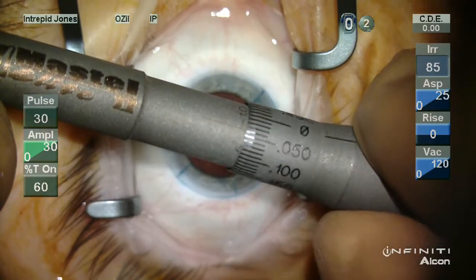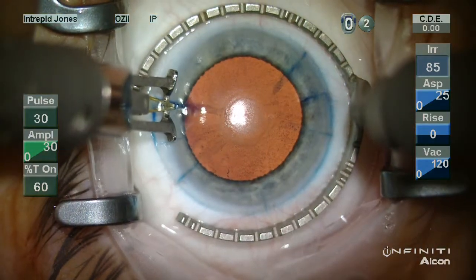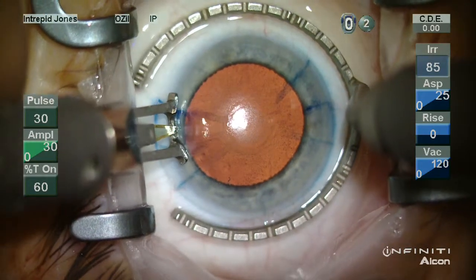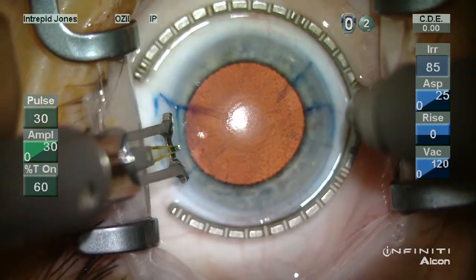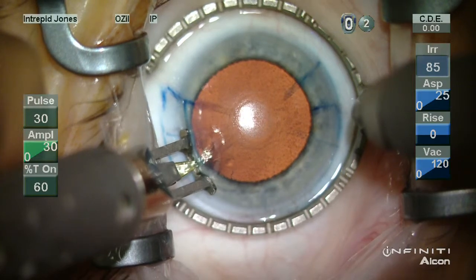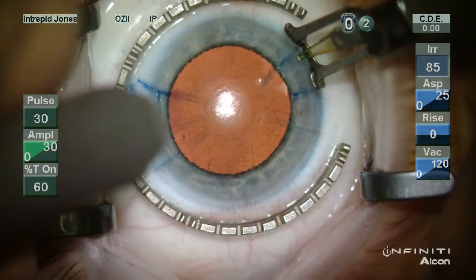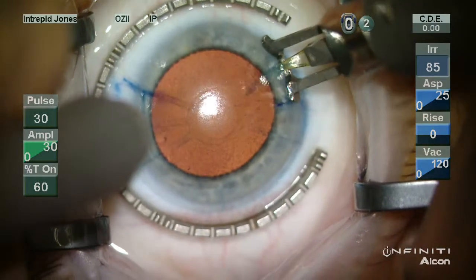Once again, you need to check the reference 0 mark and then rotate the barrel up to the desired depth. Here, this is a fine Thornton ring used in a more freehand technique. We're at about a 9 to 10 millimeter optical zone. And the epithelium here does want to lift slightly, so in this example I'm lifting the blade out of the LRI and then replacing it back down in. This helps the epithelium settle down in the region that's wanting to lift and reduces tears, which are uncomfortable, although generally well tolerated. Once again, you plunge the blade in,